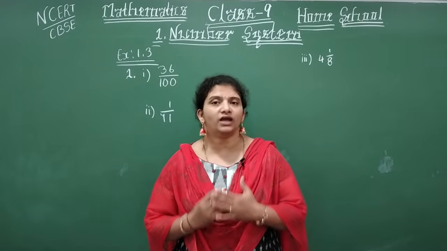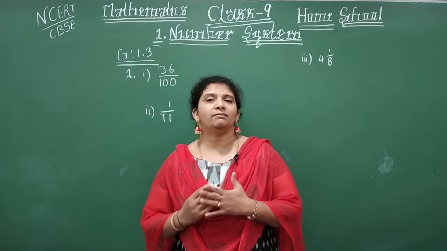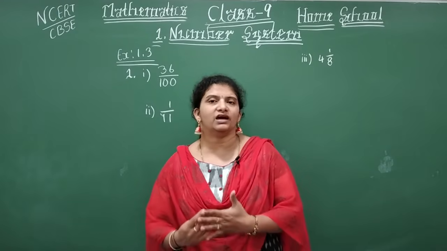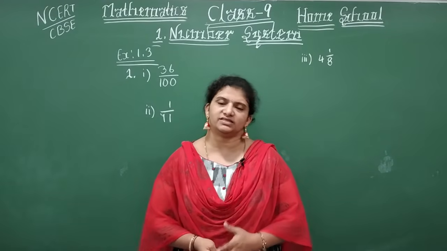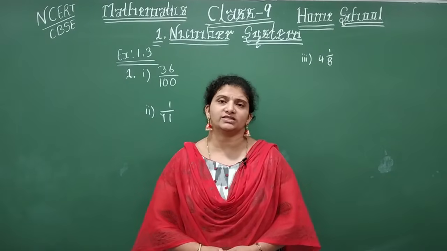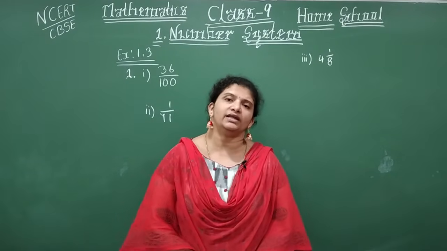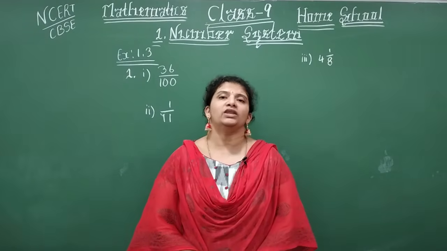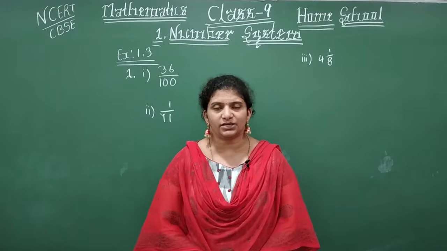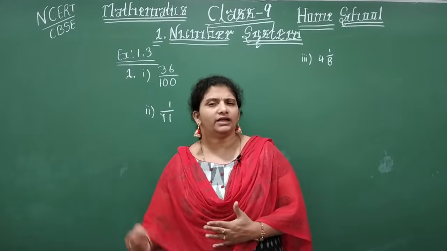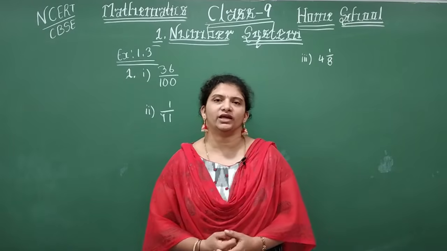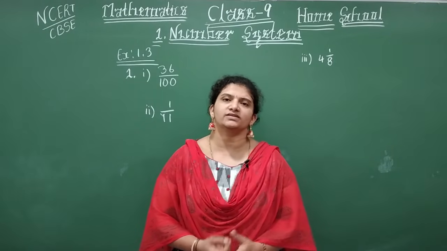When your division ends with remainder 0, the decimal you get in your quotient is called a terminating decimal. When you divide any number, if you don't get remainder 0 and your division continues, you get a never ending quotient. Then that type of quotient is called a